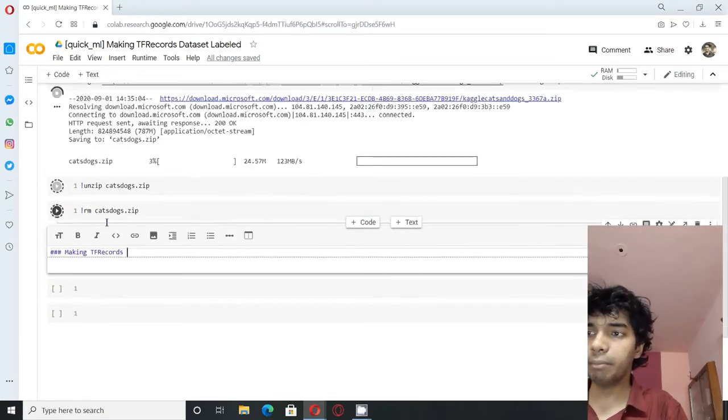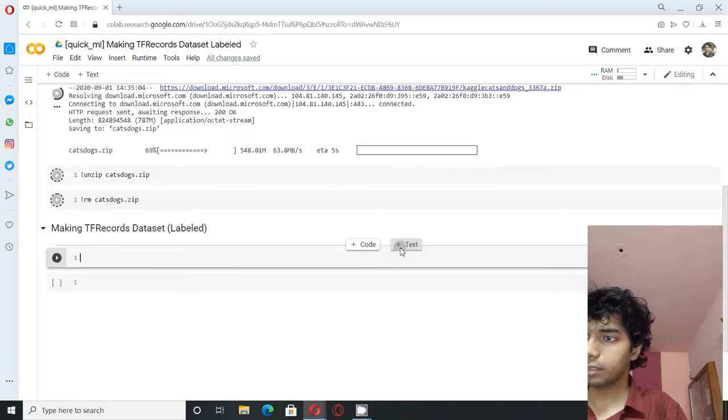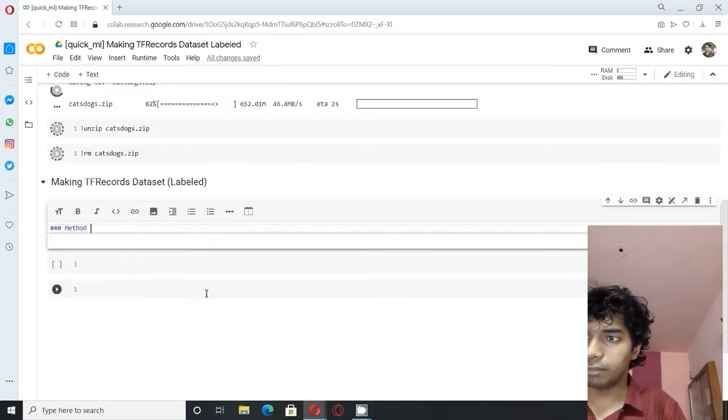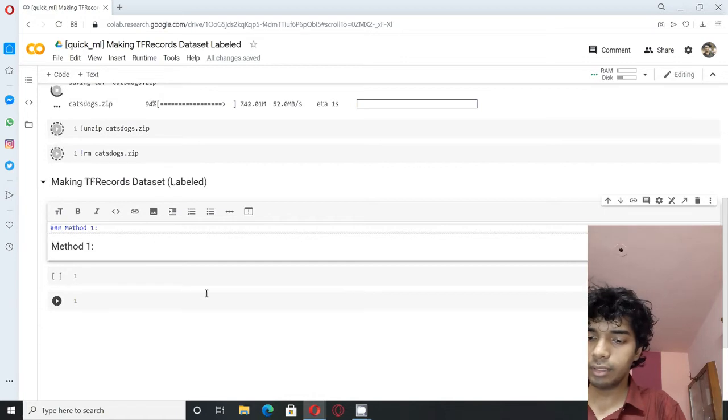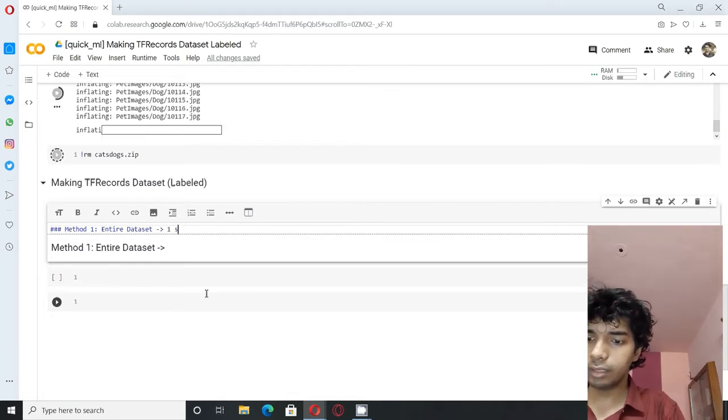Now begins the main part of the process, that is making the TF records dataset. It has two methods. Method 1 is converting the entire dataset to one single TF records file.